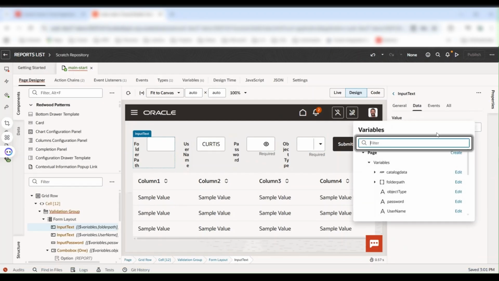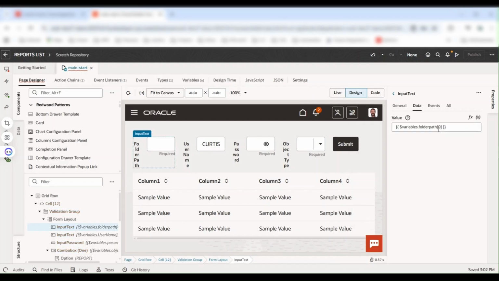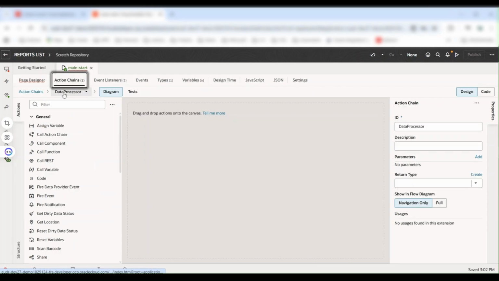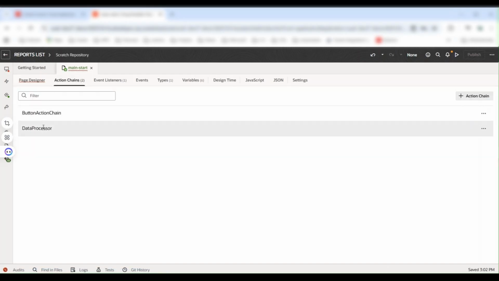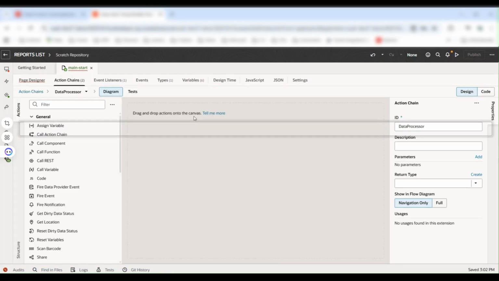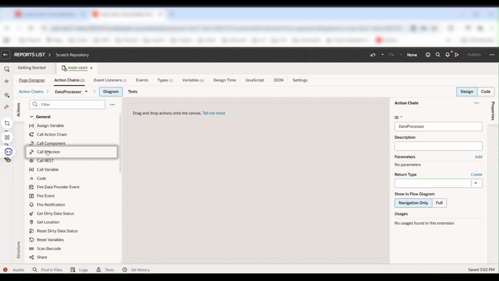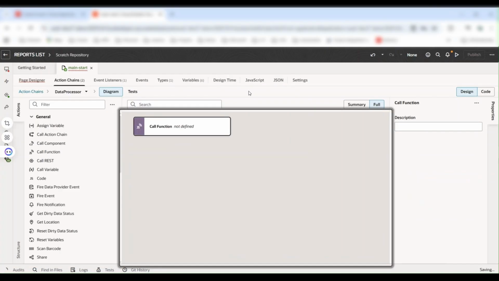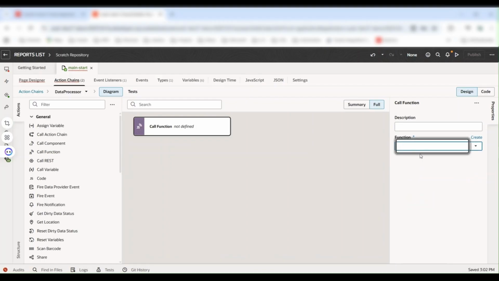నేను ఇప్పుడు ఏం చేస్తాను అంటే ఫోల్డర్ పాత్ ఆఫ్ ఐటమ్ 0, అంటే మనకి అరేలో ఇనిషియల్ గా ఎవ్రీ టైం సింగిల్ వాల్యూ వస్తుంది. ఓకే, నౌ లెట్స్ గో టు ద యాక్షన్ చైన్స్, go to the data processor. What we need to do here is let me create one function, like I will take call function an action, but ఇక్కడ నేను ఫంక్షన్ లైక్